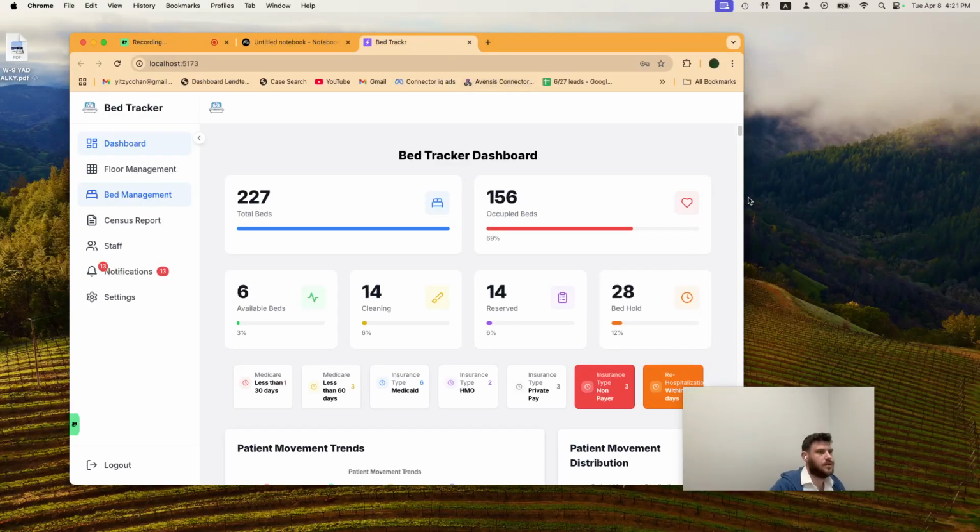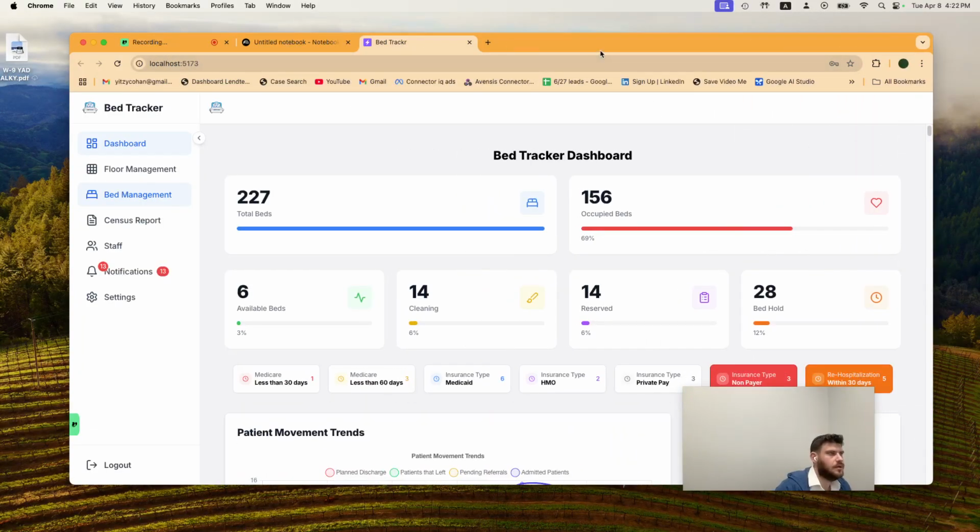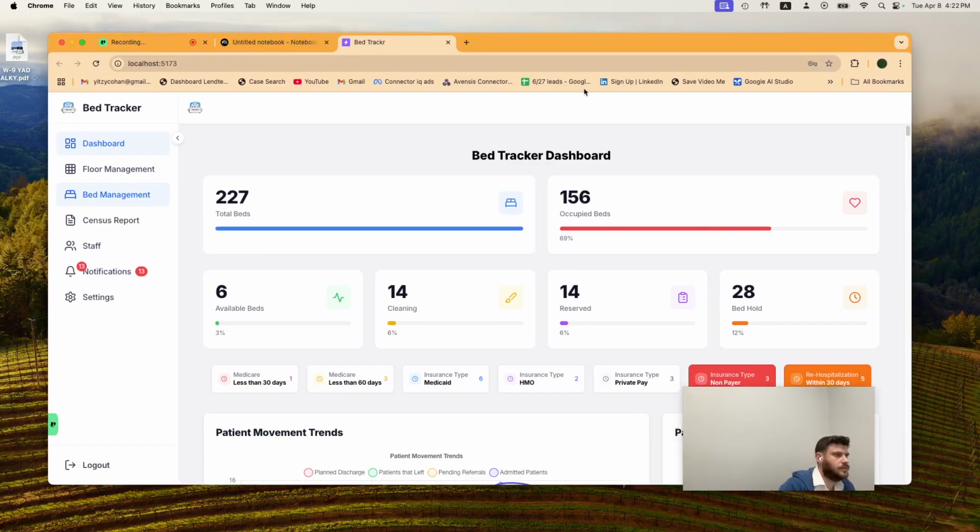Okay, so here's the application. Basically, I'll give a walkthrough of what everything is. So we have a dashboard over here. This says total available beds, what we have available in the facility. So that's going to get imported from... well, what's available will get imported at the time of